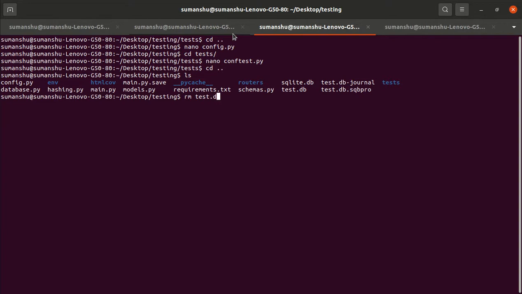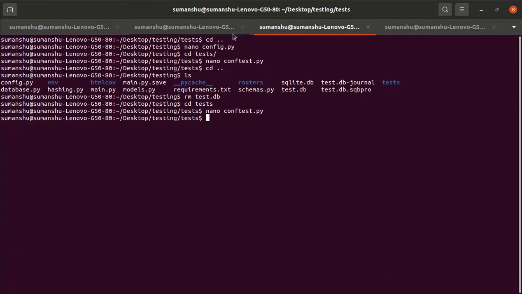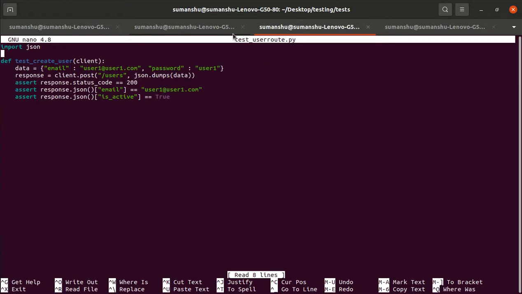Let me run the test cases one by one. Let me remove everything first. cd test, nano conftest.py, and nano test_user. So here email should be setting.test_email. So every time I will only use test_pass.